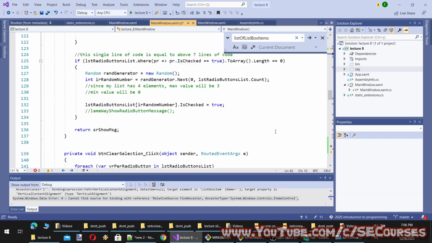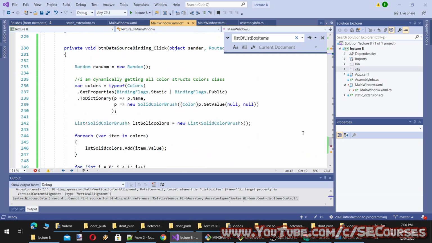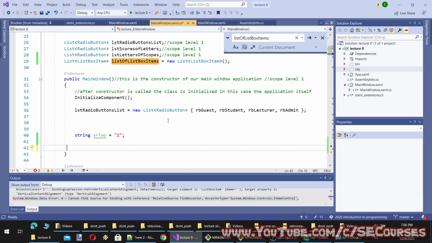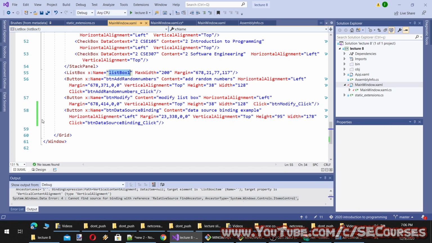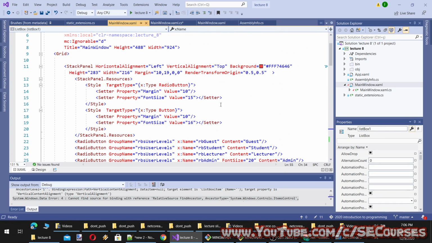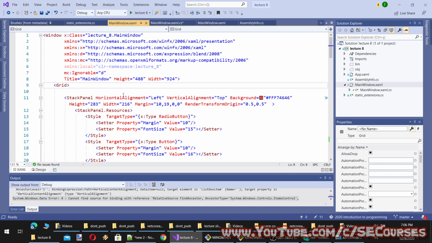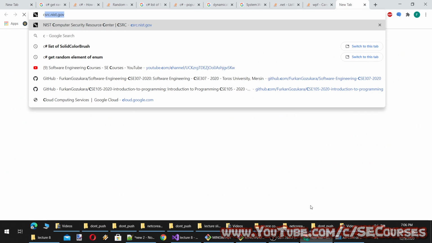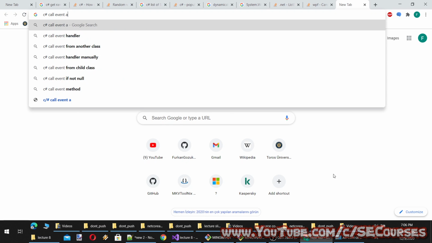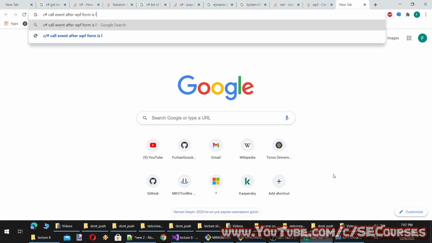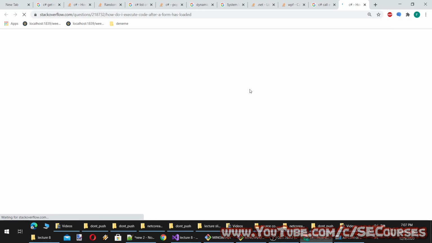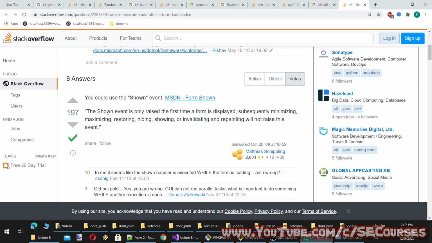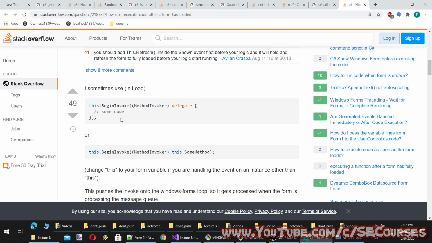To get it bound, I need to call a method after main window initialization. So I can do it with like, okay, call event after WPF form is loaded. So how do we do that? Shown. Yeah, there is a shown element and begin invoke